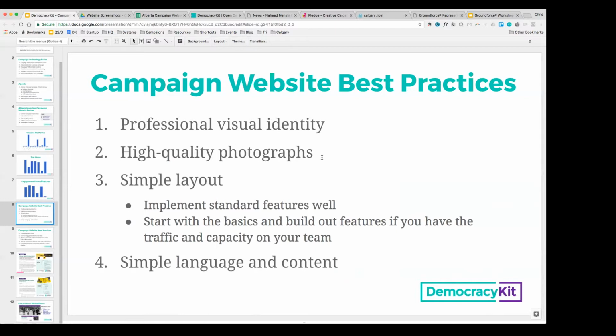So for those of you approaching developing a site for the first time, the question will come up: where is it worth spending your time and, importantly, your money, which are both limited resources on any municipal campaign? Certainly spend time making sure that your visual identity, so how you're representing yourself with your logo,